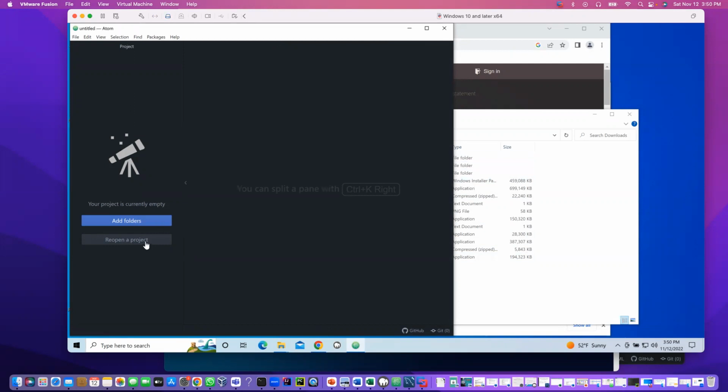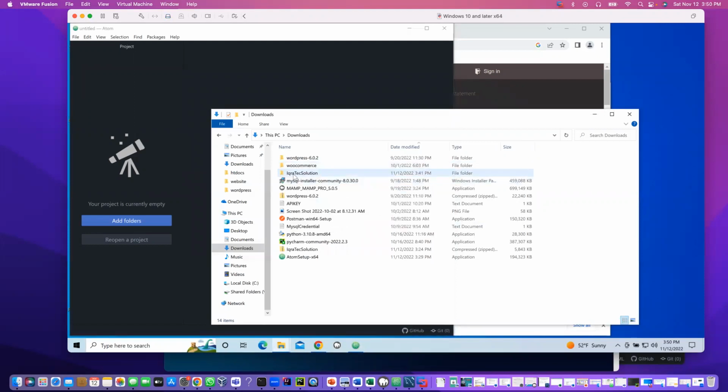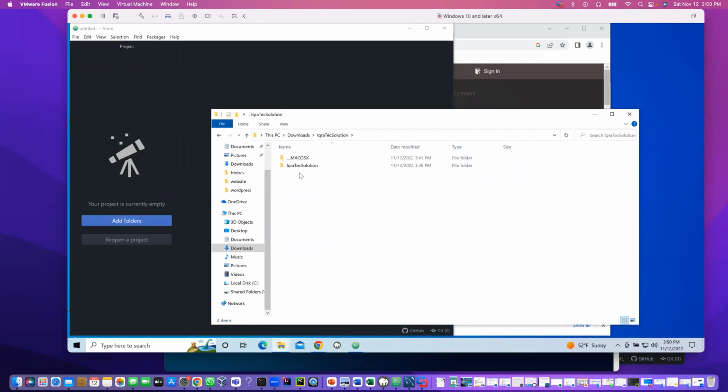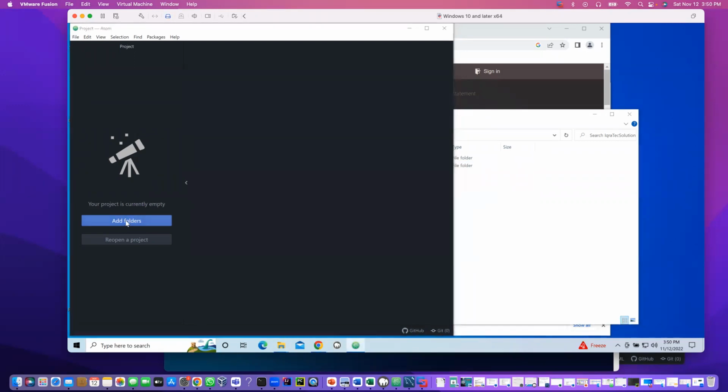After that, we are going to add our project in this folder. I think we have two locations here, right? ICRA Tech Solution, then we have ICRA Tech Solution again. So what we can do, instead of including this folder, we are going to include only this one. So click add folders,